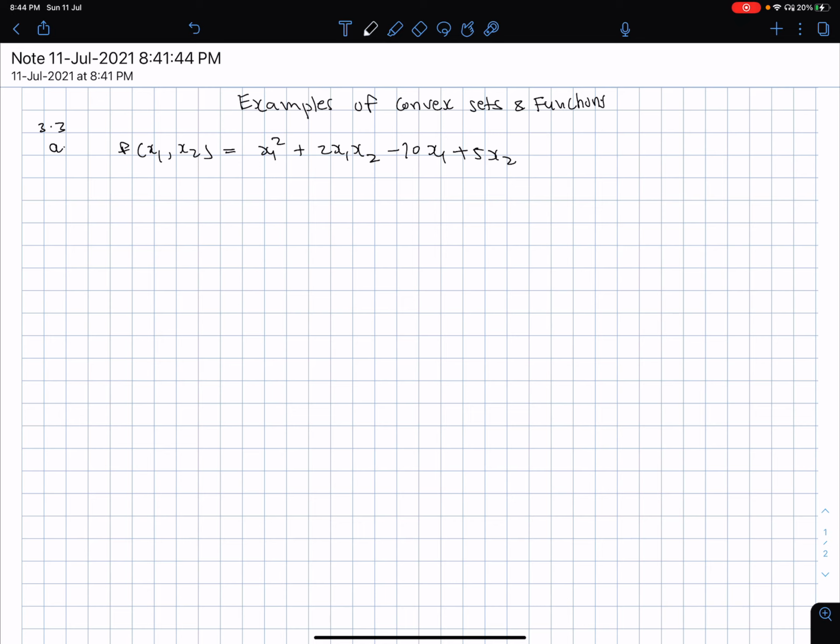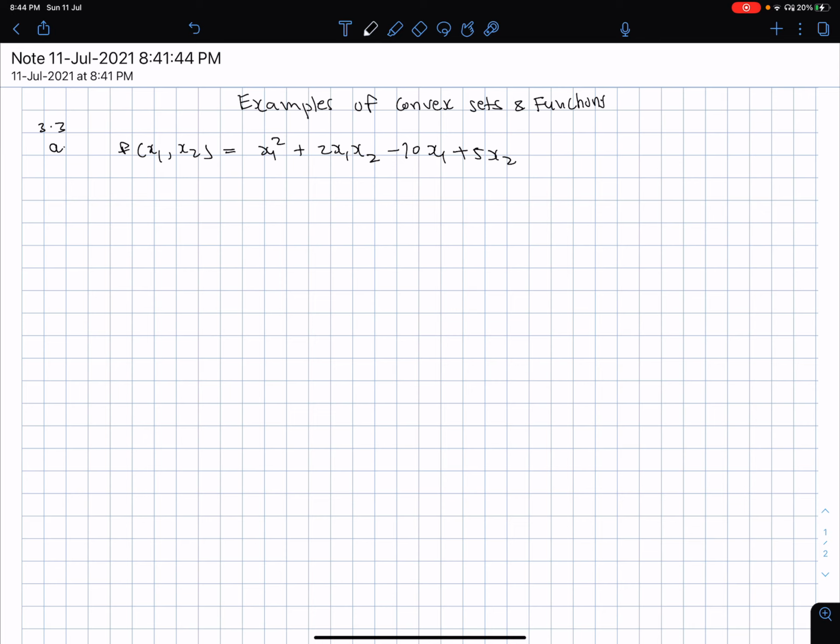To recall the positive semi-definiteness property: if S is a convex set, and F is a function on it, S is an open, non-empty set, and if F is twice differentiable on S, then F is convex if and only if the Hessian matrix is positive semi-definite all over. So if it is positive definite, trivially it also meets the requirement of positive semi-definiteness.